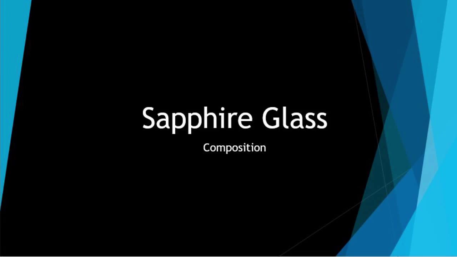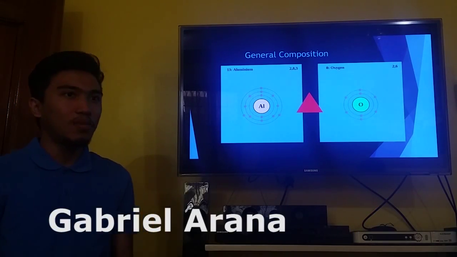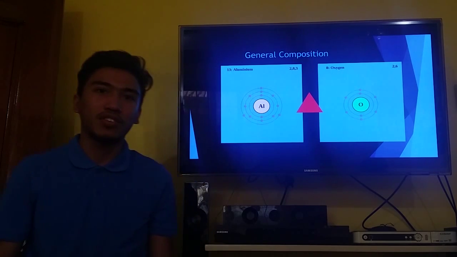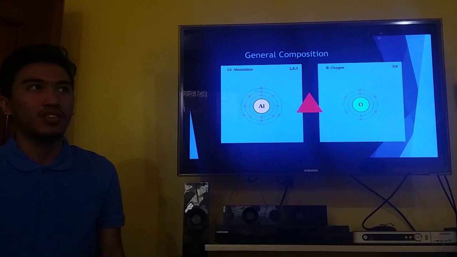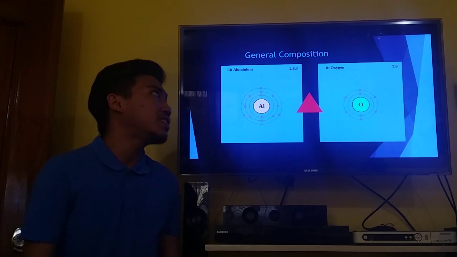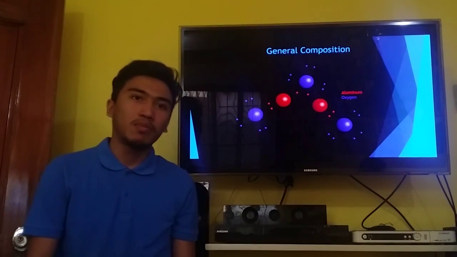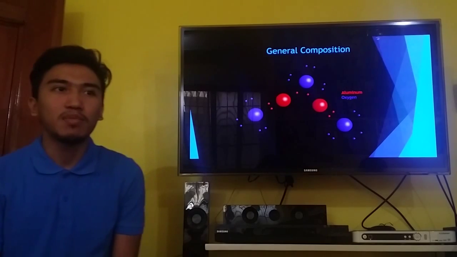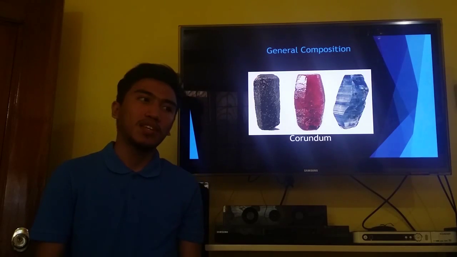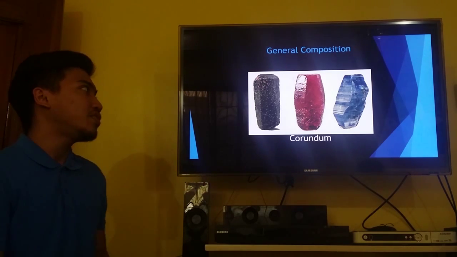Sapphire glass is made up of the elements aluminum and oxygen. An aluminum atom has 3 valence electrons, while an oxygen atom has 6. Thereby, when heat is applied, it is balanced by 2 atoms of aluminum and 3 atoms of oxygen. Aluminum oxide is present in the mineral corundum, as you can see here in the